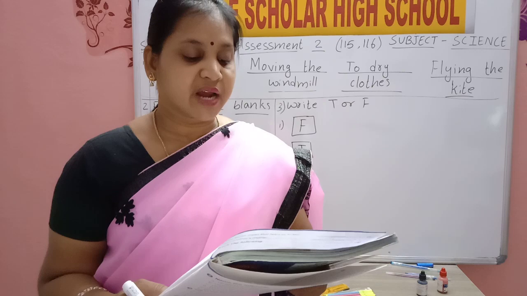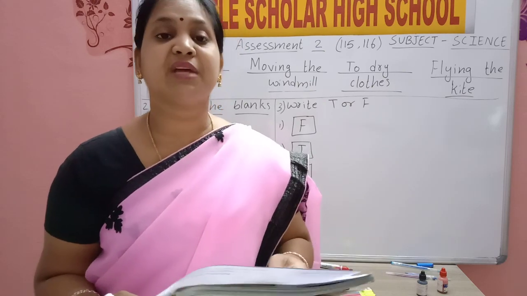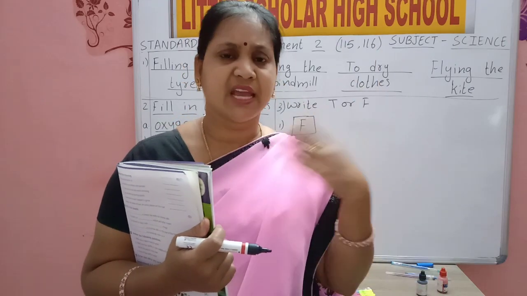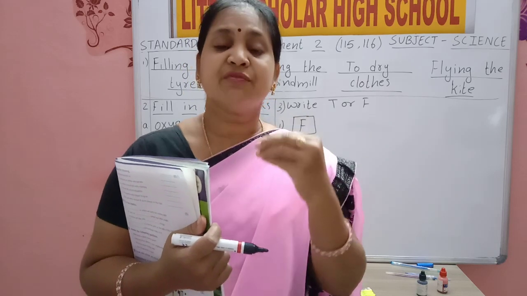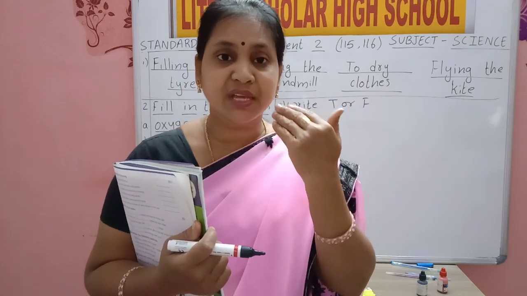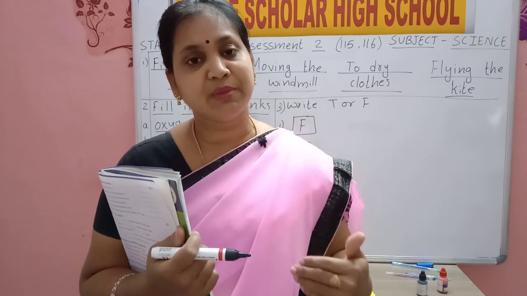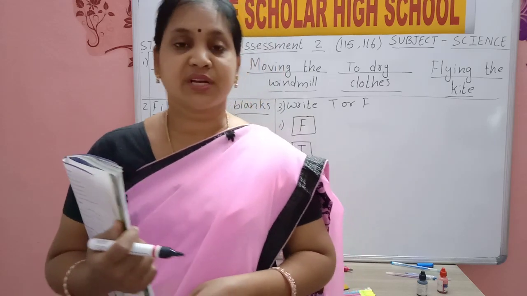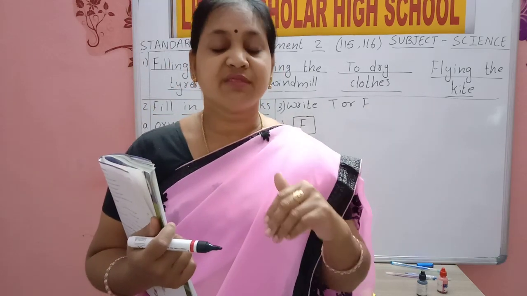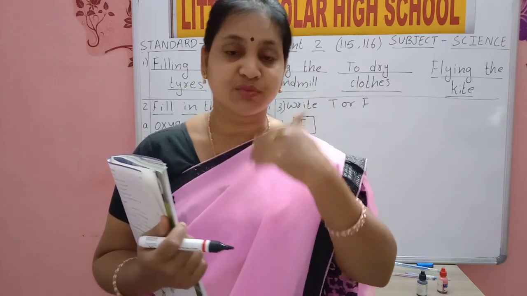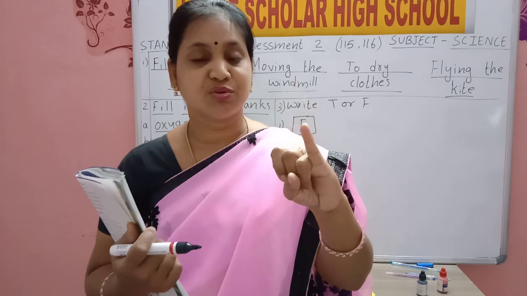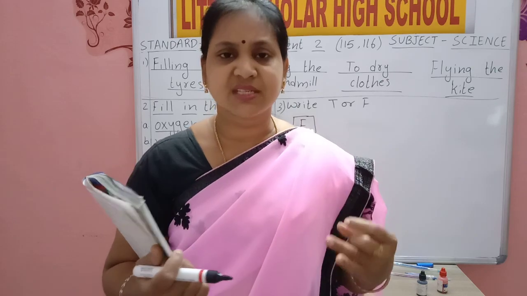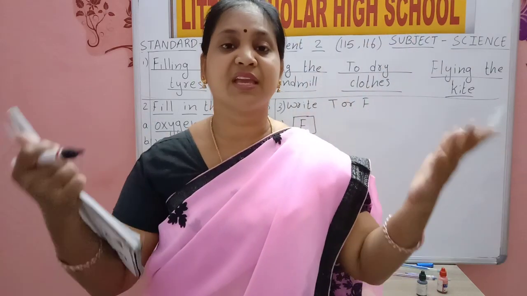Next one. Write two ways in which we can keep the air clean. Air is very important for us to breathe. If air is clean, then what we breathe inside will be clean. So what should we do to keep the air clean? We should plant more trees so that we get more fresh oxygen that we can breathe in. And we should not burn things. If you burn things, what will happen? Smoke and dust come out and mix in the air, making the air dirty.